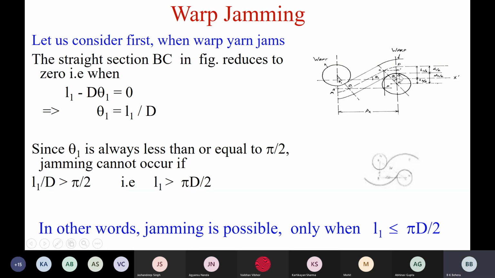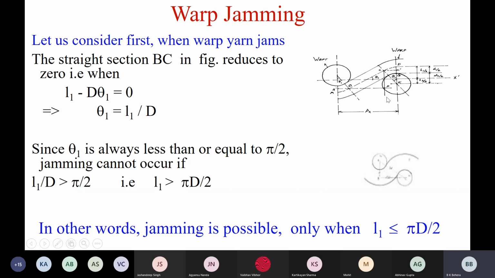Because flattening has taken place. The cross section is no more a circle. Yarn is compressible. Yarn has got compressed. That means this warp is touching this weft over a distance, not at just one point. This is one extreme situation. The other extreme situation is that there may be a gap between warp and weft.